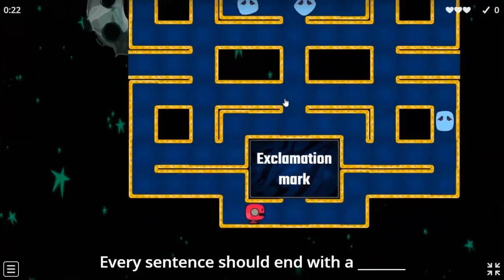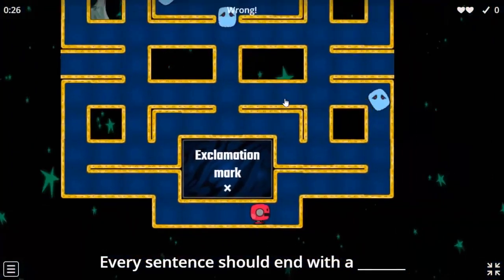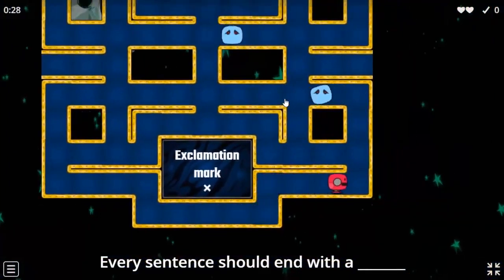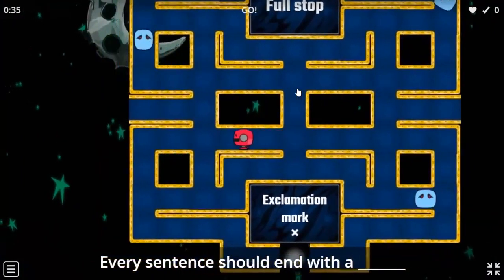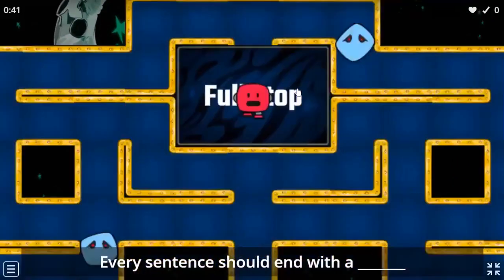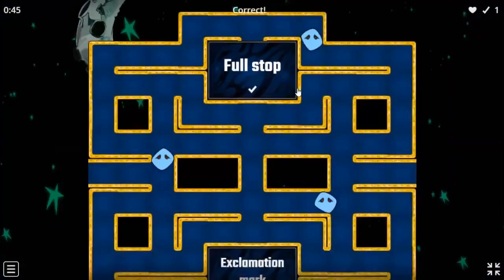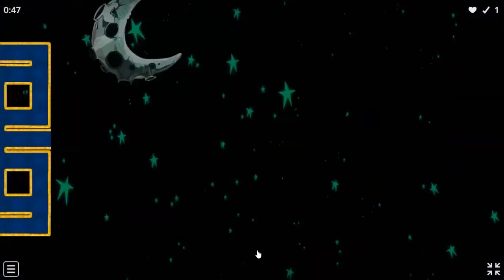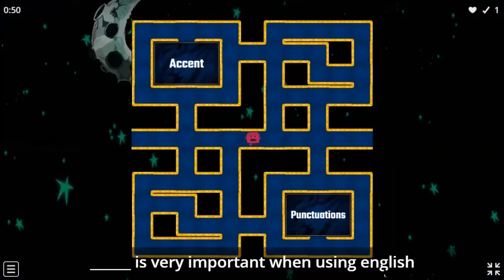So let's say I go to exclamation, which is an incorrect answer. So that's how they realize that it's incorrect. Now either you can allow them to answer again, like you can allow them to select the correct answer after they've selected an incorrect one, or you can simply end the game there. Now this is my second question. That is very important.